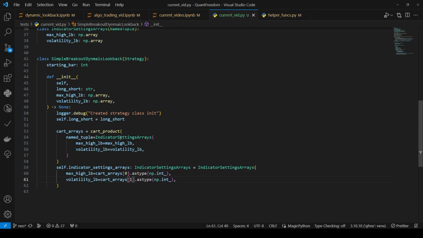And the reason why that is important is because when we're sending this over, it just goes in order of the variables that you have here. So this would be 0, this would be 1. If you had more, it'd be like 2, 3, 4, whatever it is. And so that's where this 0, 1 comes into play, okay? And so now what we have done here is we've created the Cartesian product, and we're storing it inside of that, okay? And so now we have to move on to the next part, which is if long short equals